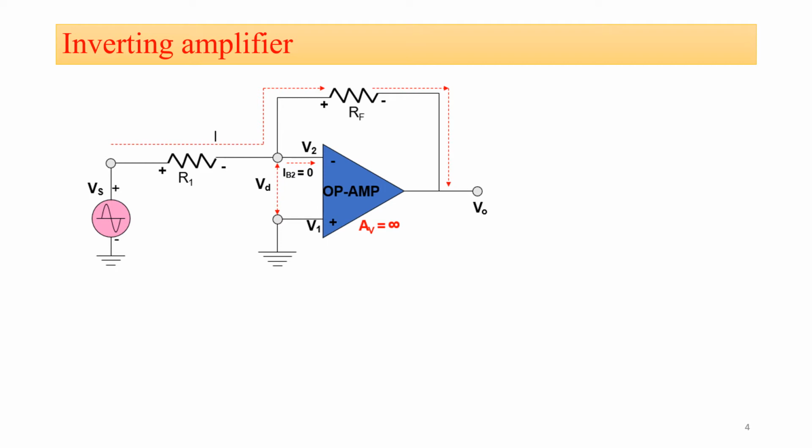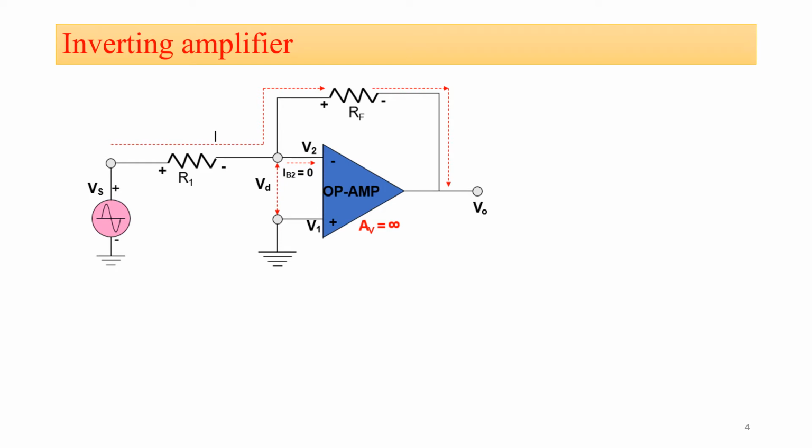Again one more question, why is the feedback resistor connected in this circuit? This indicates the closed loop configuration of the op-amp. Again one more new concept, that is open loop and closed loop. Now what is open loop and what is closed loop? In open loop configuration, the feedback element is absent, or in other words there is no connection between input terminal of op-amp and the output terminal of op-amp.